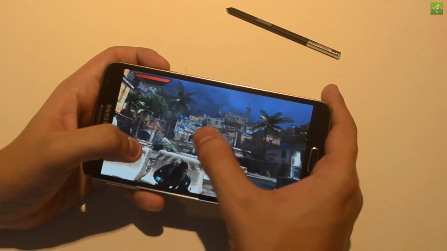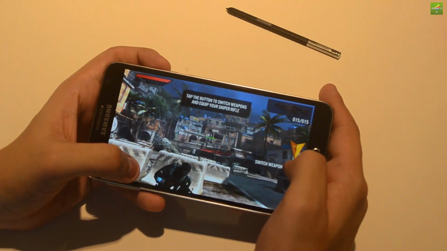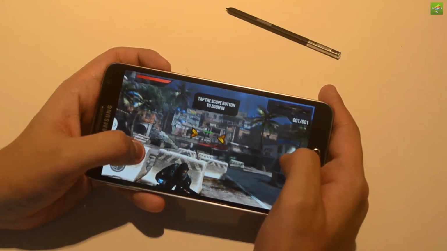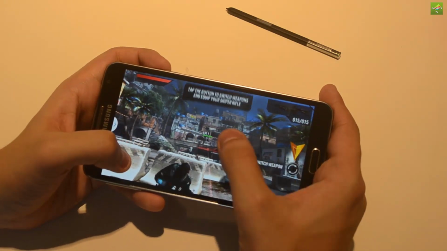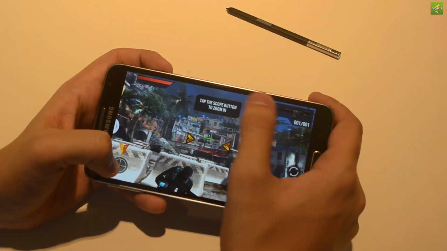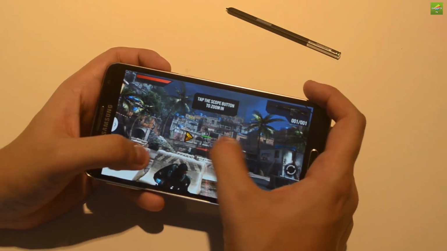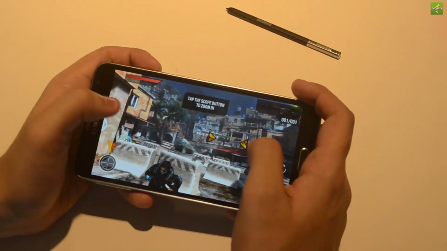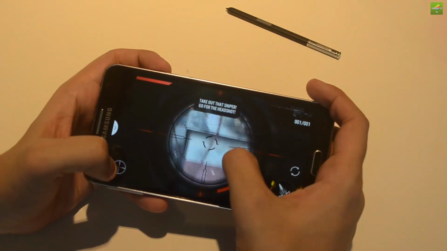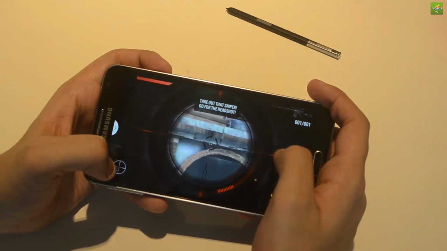This is a real time shooting game, and I'm selecting some of the weapons. I'm selecting sniper weapons and all. There are some other weapons, so I'm separating some weapons and selecting some of them. I'm just starting up the game for the first time on the Galaxy Note 3 Neo. So I'm zooming a little bit just to target some of the positions